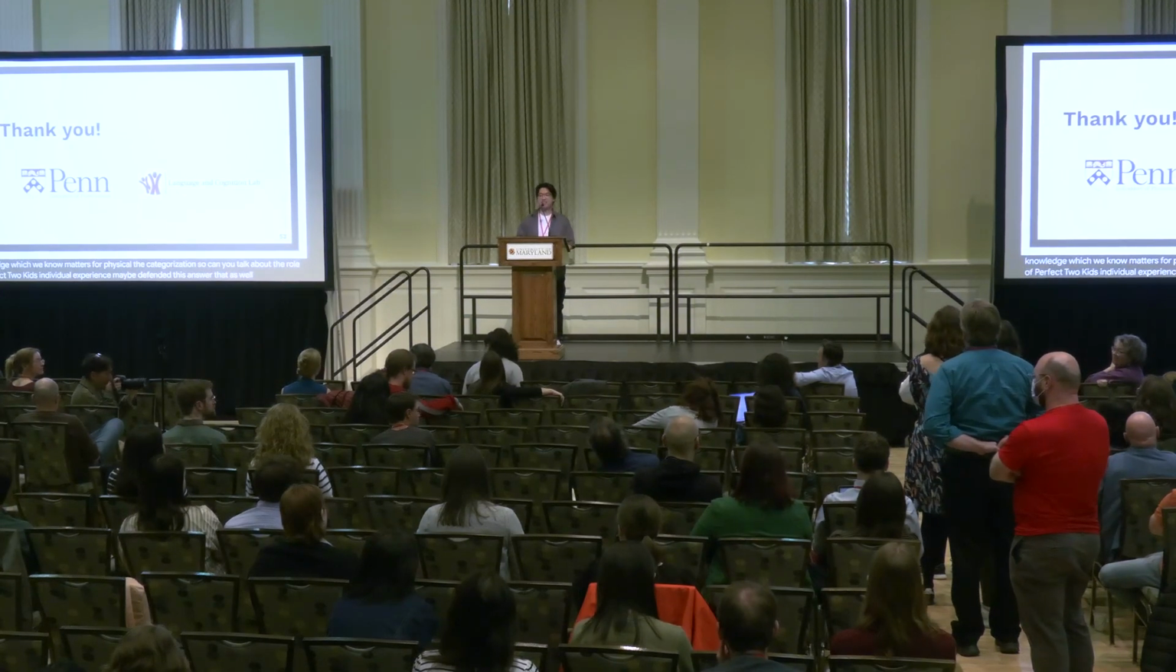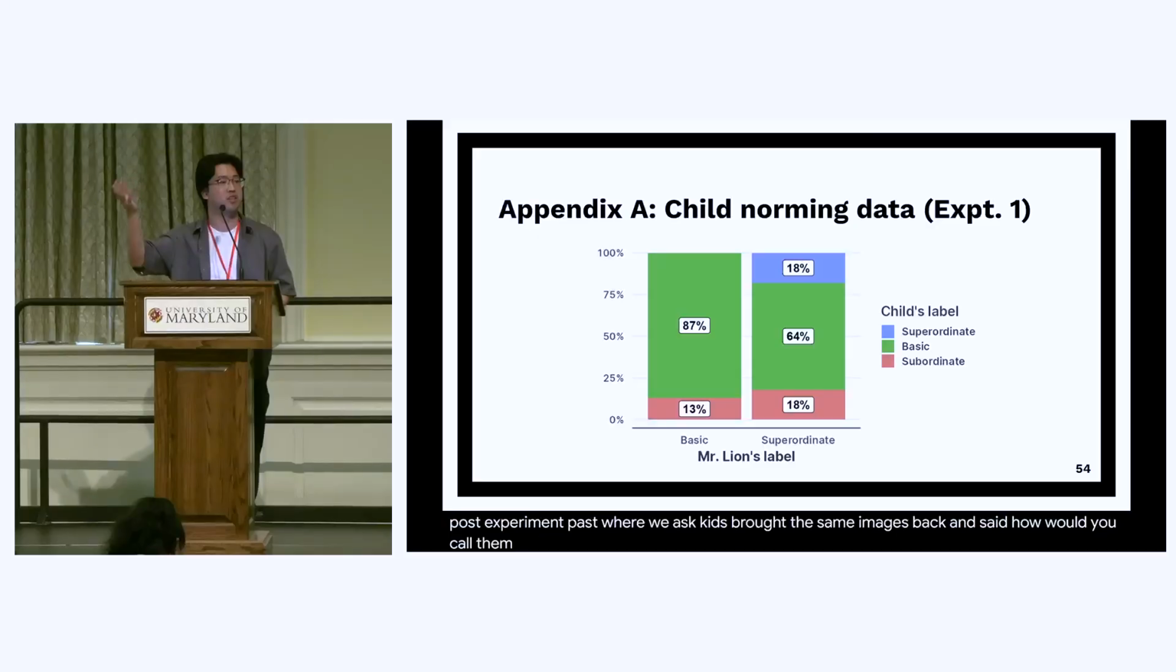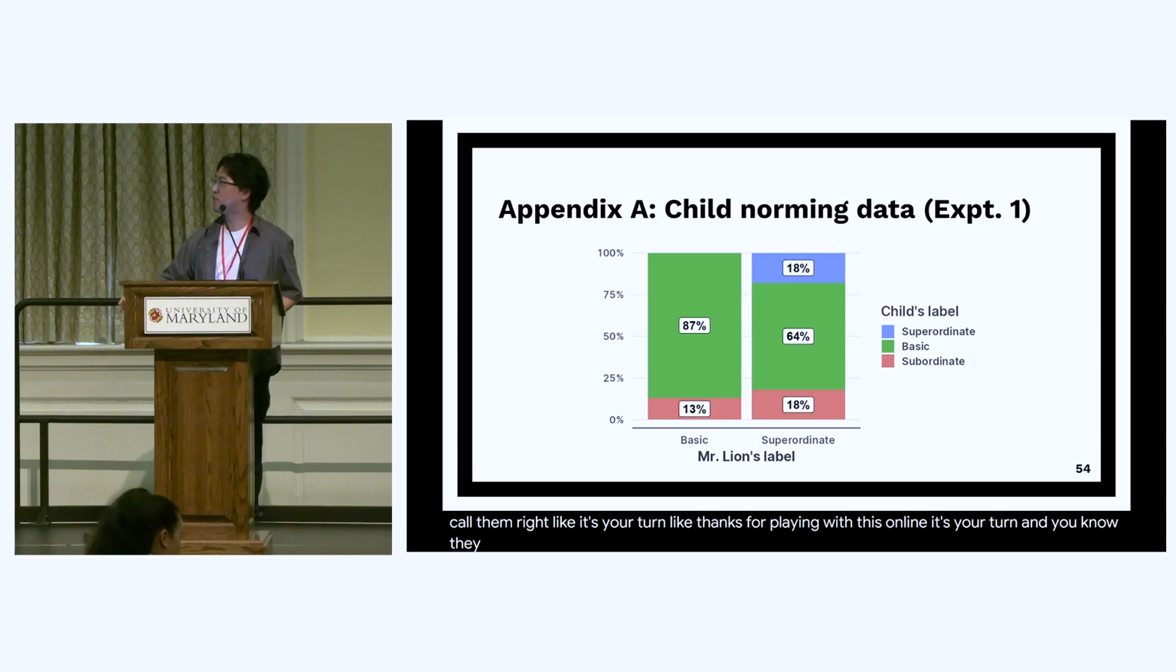Yeah, I'm really glad you asked this question because I do have a slide on this. All right. So let me say one thing. We had a post-experiment norming phase where we just wanted to see whether children of this age range know the basic level terms, right? So this is data from a post-experiment task where we brought the same images back and asked kids, how would you call them? Like, thanks for playing with Mr. Lion, it's your turn. And they respond mostly at the basic level,